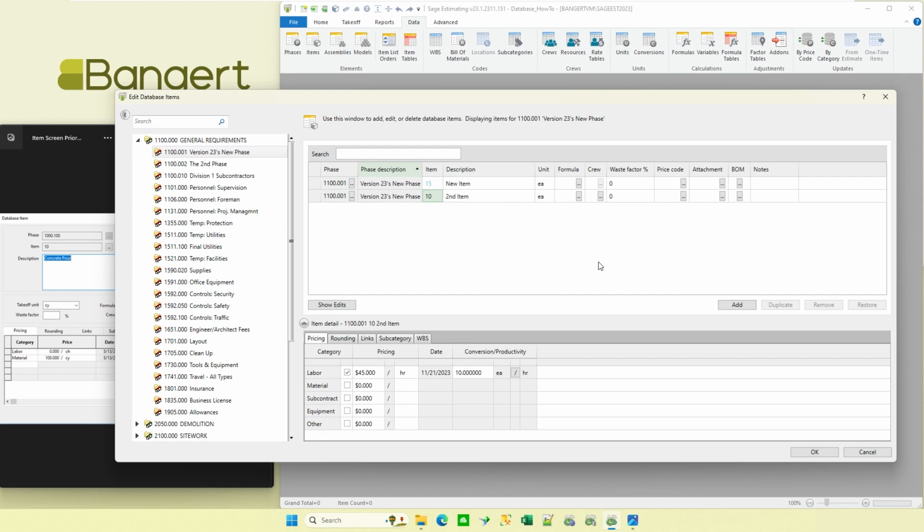I don't know how many clients I've worked with where we'll open up an assembly and they'll get an error message that says that item no longer exists, because somebody went through and deleted or renumbered an item that the assembly used to use. In this case, they do that validation behind the scenes. They're not necessarily going to show me right from the screen where that relationship is, but with that red there, it's going to let me know. It won't let me renumber it if it's being used somewhere else.